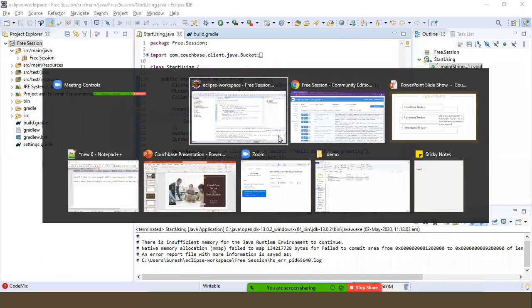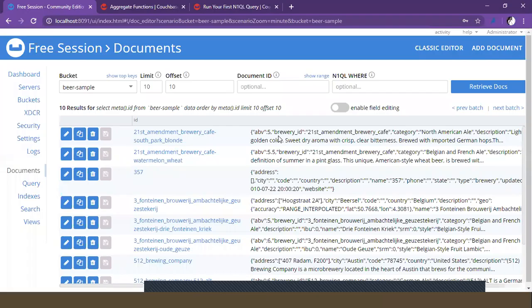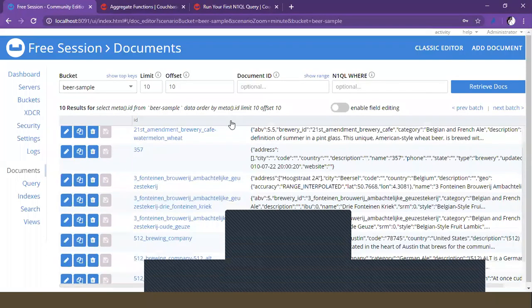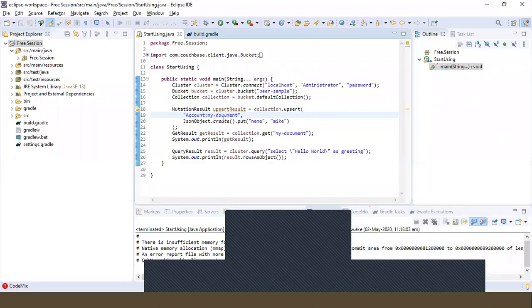There is something wrong with the memory, because this is an in-memory database actually. That's why it consumes a lot of the system's resources. That is the problem. But still, some things are good with Couchbase, and some things are very harmful for the system, that you can take care of and follow. Okay. And then I have inserted that document. I think that should be present here. Let me check once.